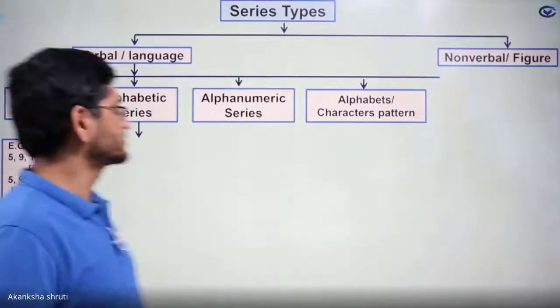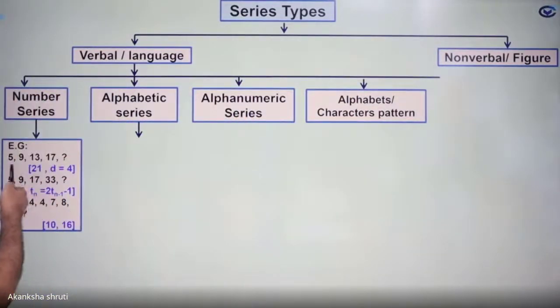Students, in this number series, we have learned certain patterns are followed, like in the first, just addition of 4 is followed. In the second, if you take the difference, it is 4, 8, 16. So next will be 32, which added to 33 gives us 65, or directly the terms are also related. Like 9 can be obtained by 5 multiplied by 2 minus 1. 17 can be obtained by 9 multiplied by 2 minus 1. Even 33 can be obtained by 17 multiplied by 2 minus 1. So 2 kinds of rules can be applied here.